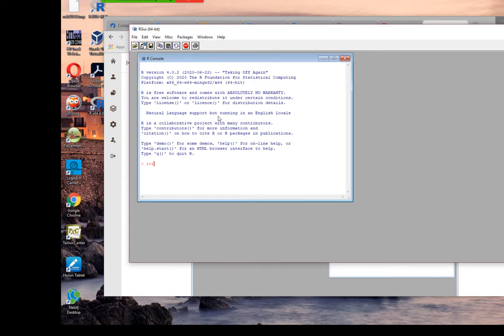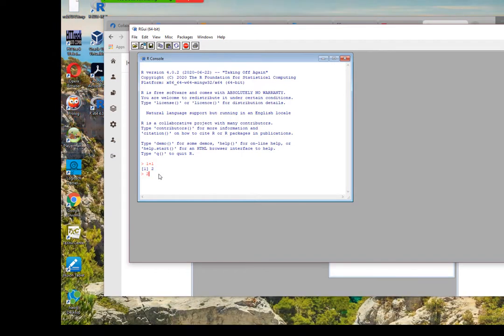I highly recommend that you watch it a few times. So 1 plus 1 is 2, and 2 multiplied by 2 is 4. You can do simple things using the R console.